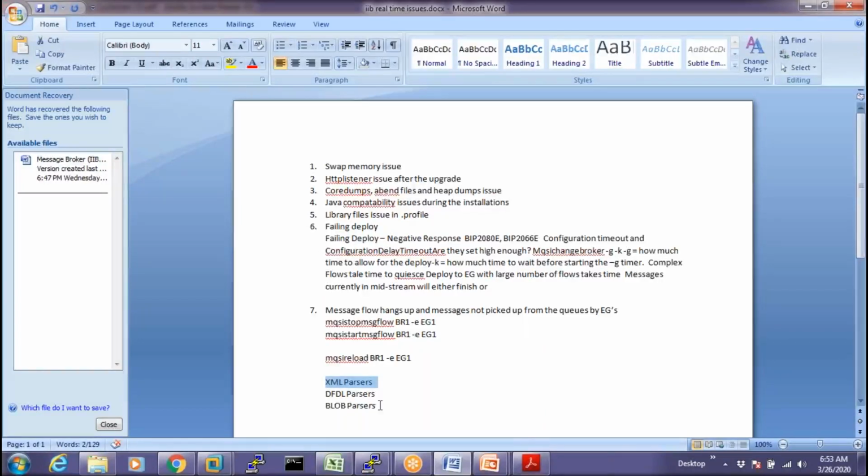Whenever the appropriate parser is going to convert the appropriate XML message, it doesn't take much memory because both are in sync. But whenever the DFDL parser is going to process XML data, they are not in sync, because the DFDL parser is something and the XML data is something else. So at that time, it will convert, but at the back end, it is going to take more and more memory, which causes a heap dump to be generated.